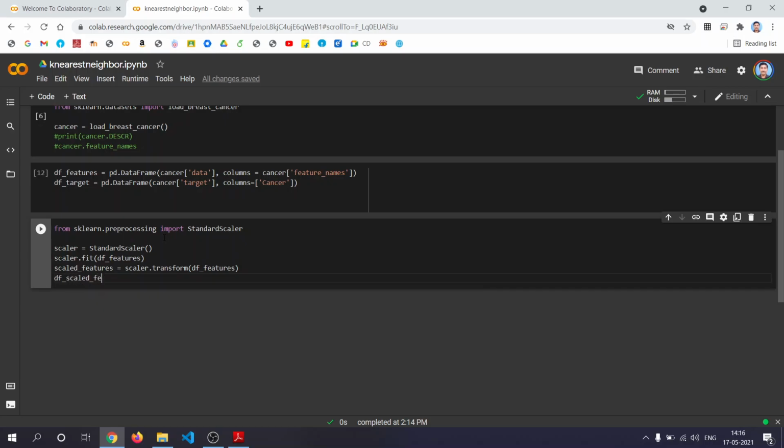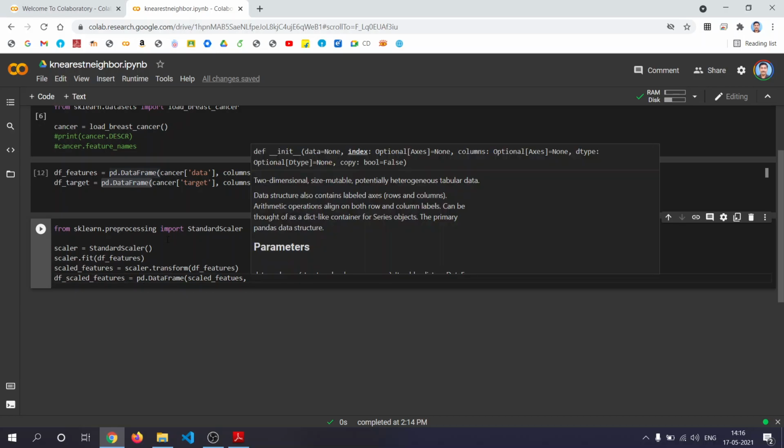Now you construct the new data frame, df_scaled_features equal to the same thing, pd.DataFrame. What is the data here? Scaled features, comma, what are the columns here?